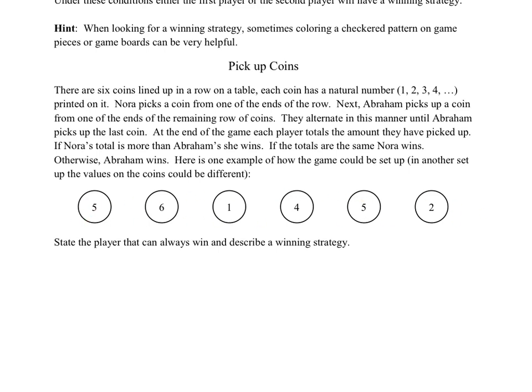You could set it up differently. Our job is to try to find a winning strategy. And the winning strategy doesn't necessarily just work for these numbers. It should work for all arrangements of natural numbers with 6 coins lined up on the table. So I'll let you pause the video, think about how you might solve this, remember the hint that's above, see what you can come up with.